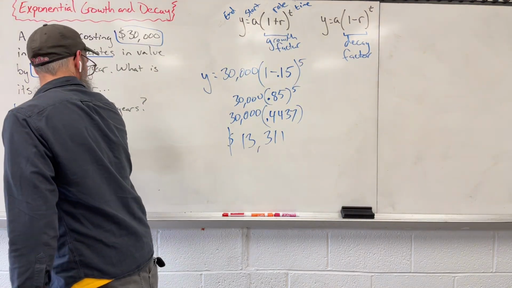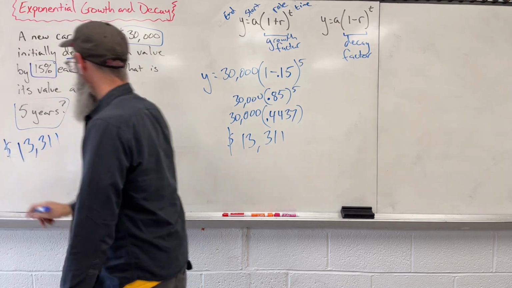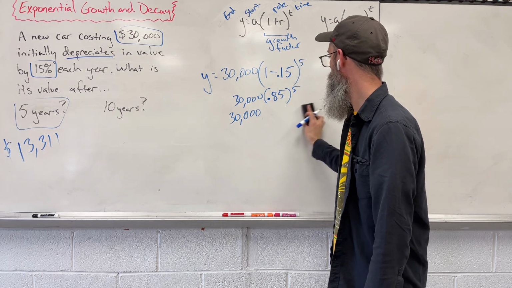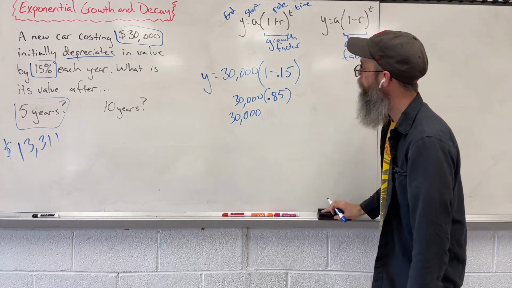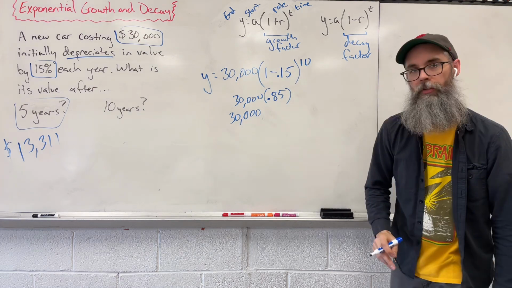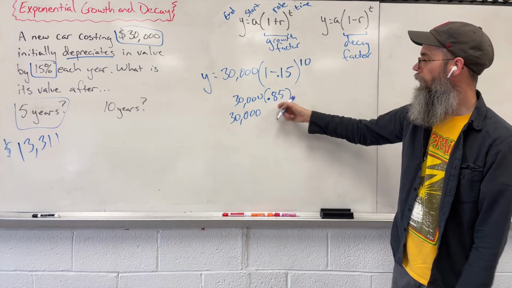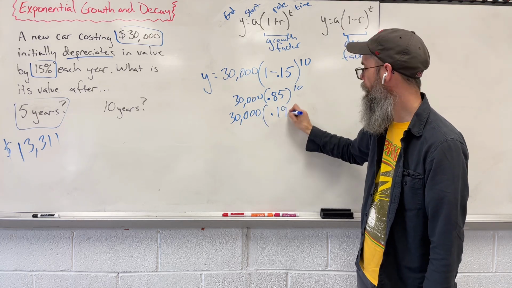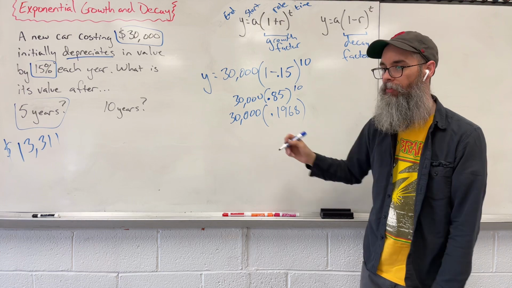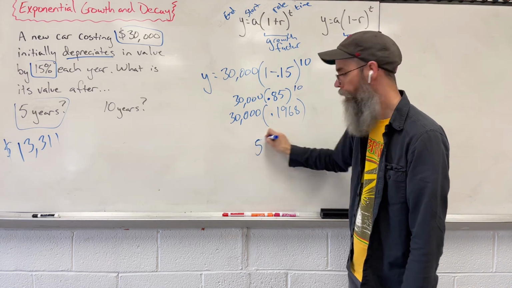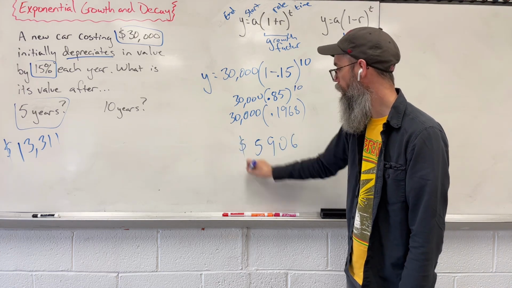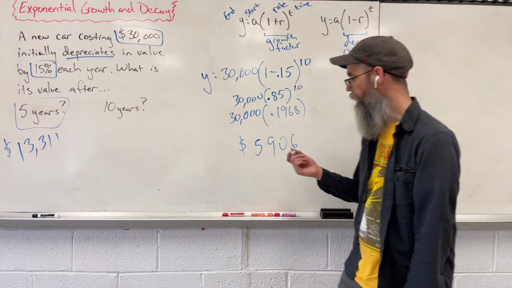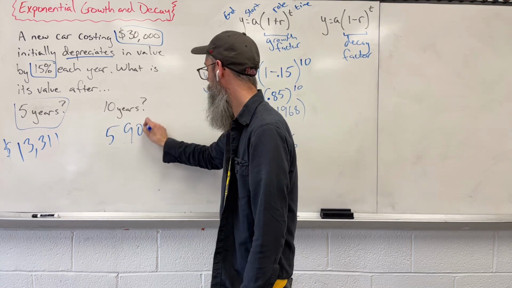What about after 10 years? Well, let's get rid of some of this. The only thing we're changing now is that exponent to a 10. 0.85 to the 10th power now gives us 0.1968. And when I multiply these two things together, we're left with 5906. Yeah, your car's worth roughly about $6,000 now. I don't know if that's good or bad, but